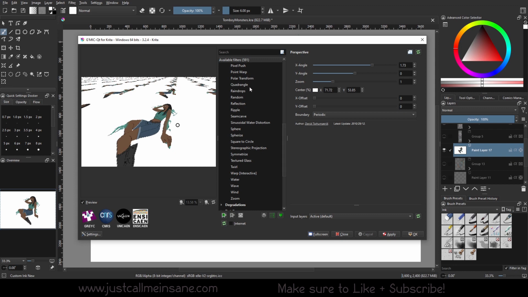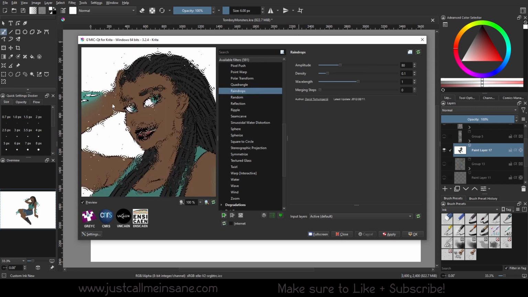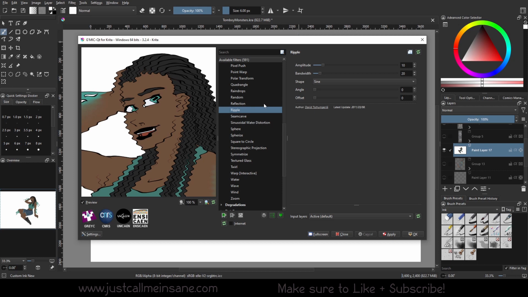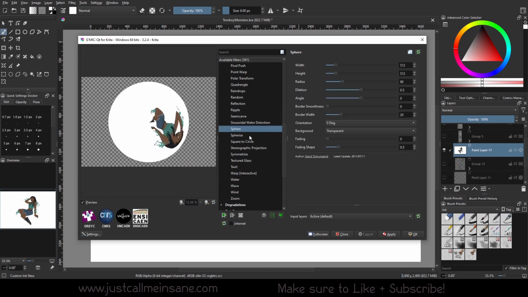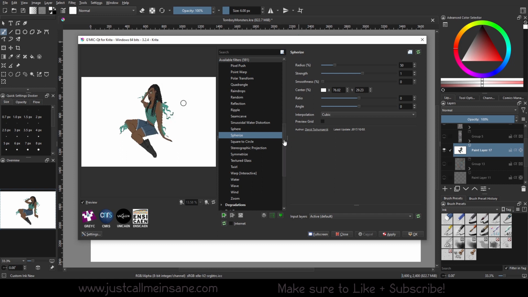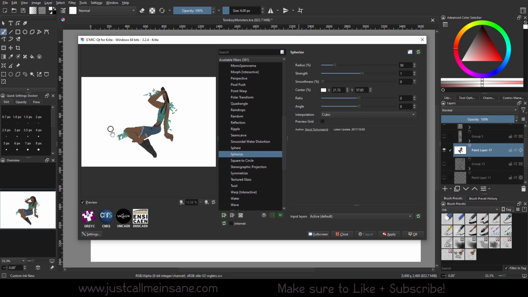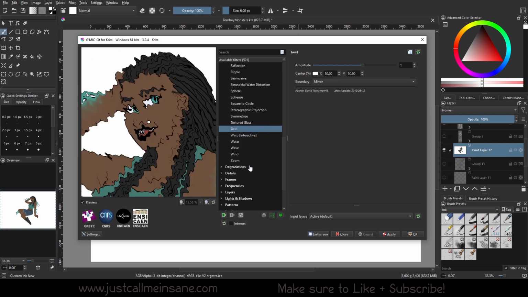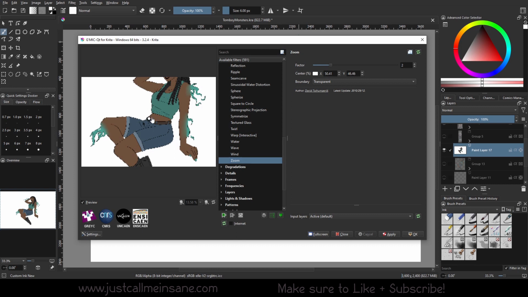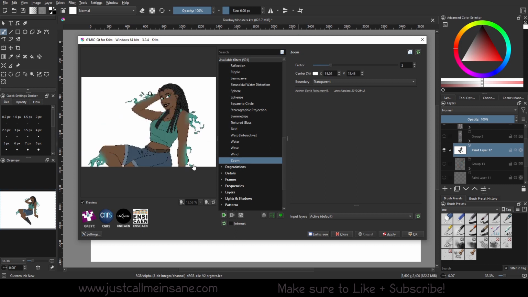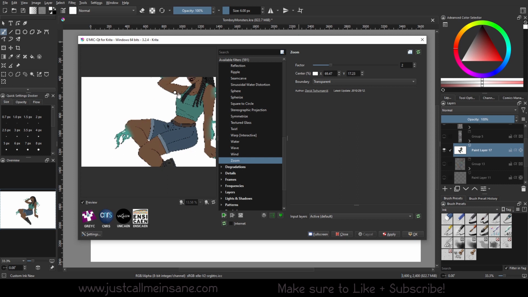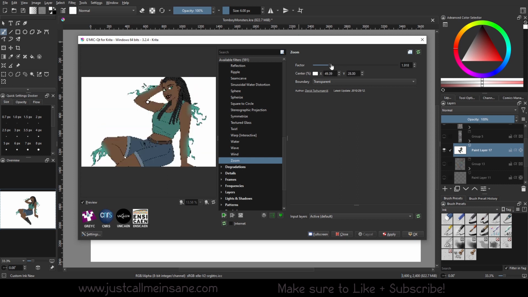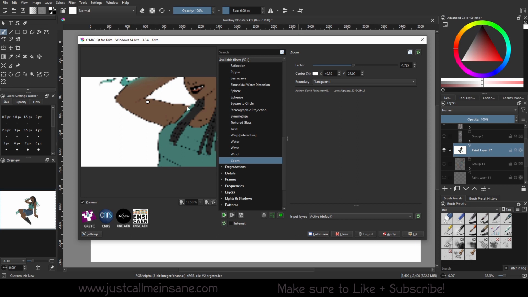And you have some other things here. We have more raindrops. We had the ripple, kind of like in Photoshop. Sphere, it's pretty cool. Sphere eyes, kind of similar to the fisheye, but it's just kind of taking the whole thing as if it were on a sphere and affecting it that way. And then we have wave, water, twirl, zoom. Oh, it's zooming into your image, okay. Let's see. There we go. Very interesting